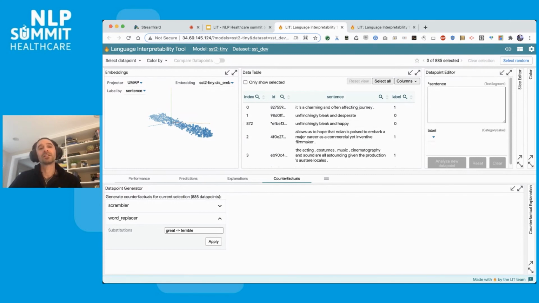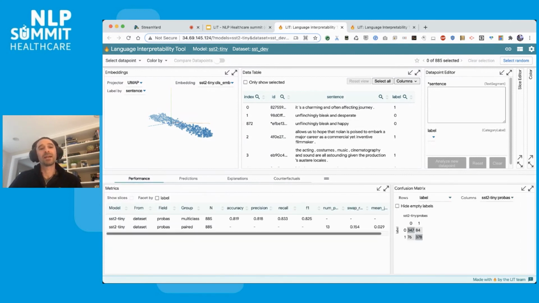In addition to doing comparisons live in the browser between the ones we created and the new counterfactual versions, we can, of course, also look back at the metrics and see that now we have this group of paired metrics. So we have 13 pairs of examples now, originals and counterfactuals. And we see that, for example, we have a swap rate of 15% here. So 2 out of the 13, when we change great to terrible, actually caused a flip from one sentiment to the other. So that's an interesting thing we could dive deeper into if we had more time.